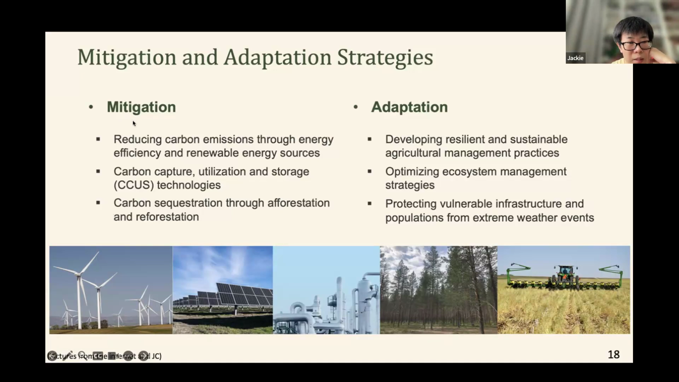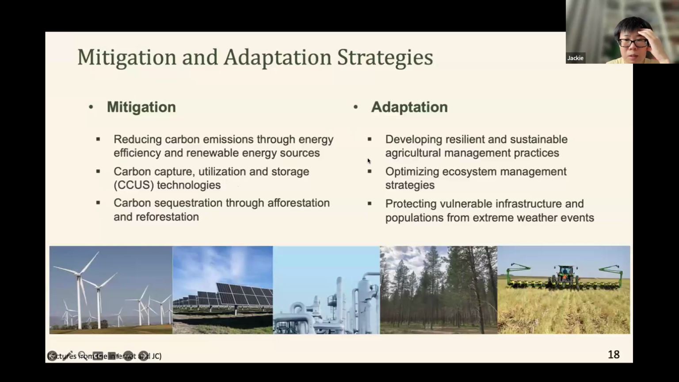So when we talk about mitigation, you can just understand it as what we can do to reduce the greenhouse gas emissions in the atmosphere, right? And then we can apply some carbon capture, utilization, and storage technologies, which we call CCUS. And also we can enhance carbon sequestration in the terrestrial ecosystem, for example through afforestation and reforestation. And when we talk about enhancing carbon sequestration related to our specific topic, how we are going to increase the carbon sequestration rate in the agriculture ecosystem is also a very interesting topic for us to talk about today or